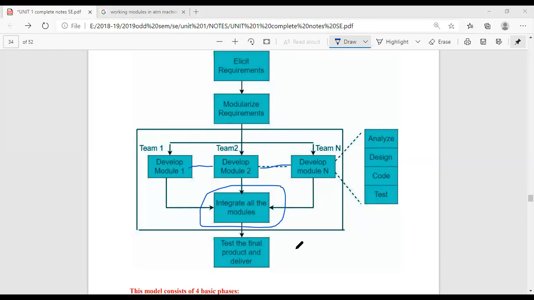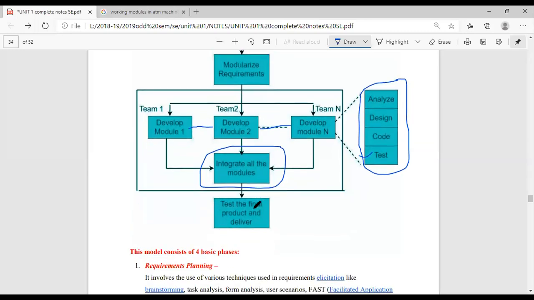Now, what happens? Integrating all the modules. All the modules are integrated, and again these activities are performed. So final testing is done on the entire software, and then we test the final product and deliver it.